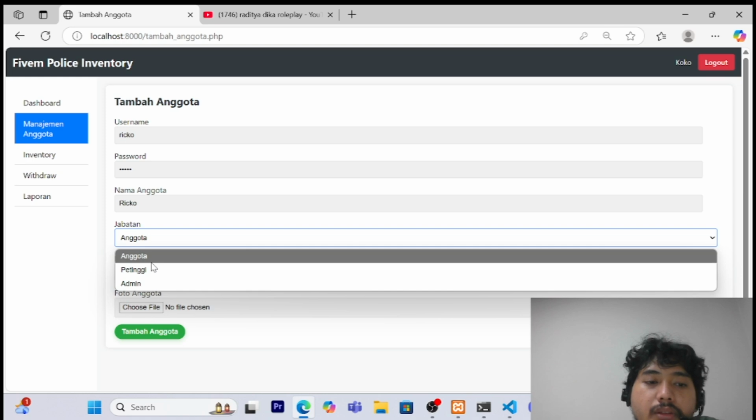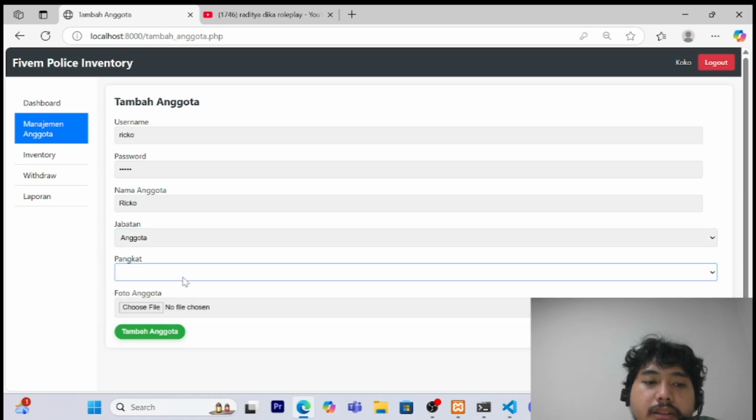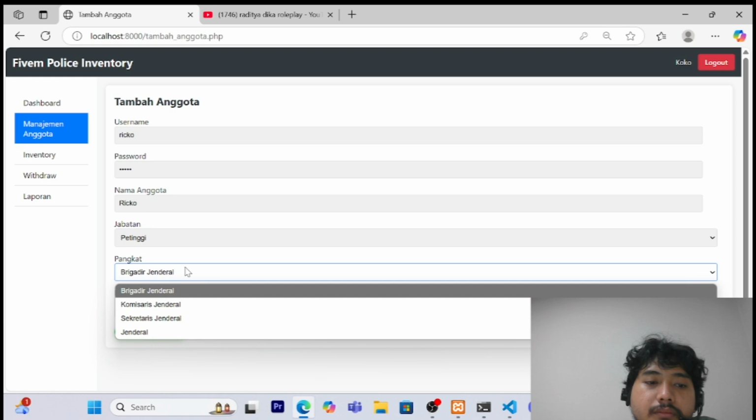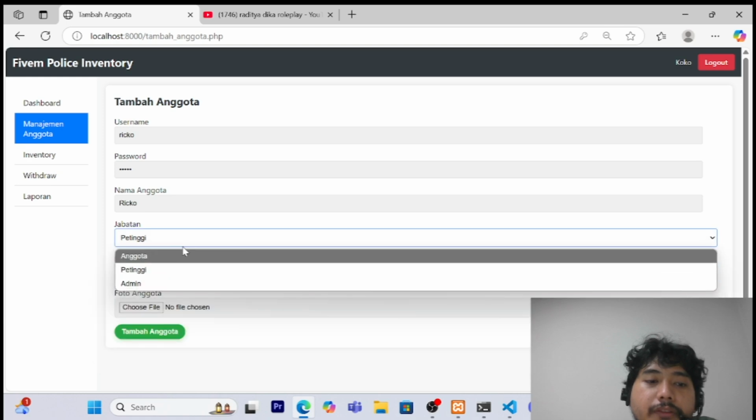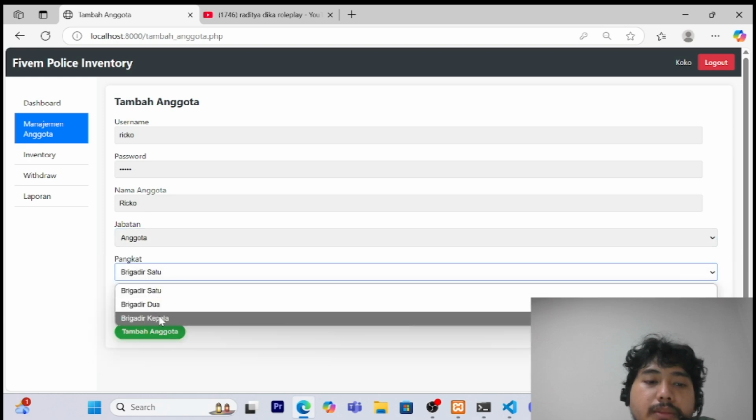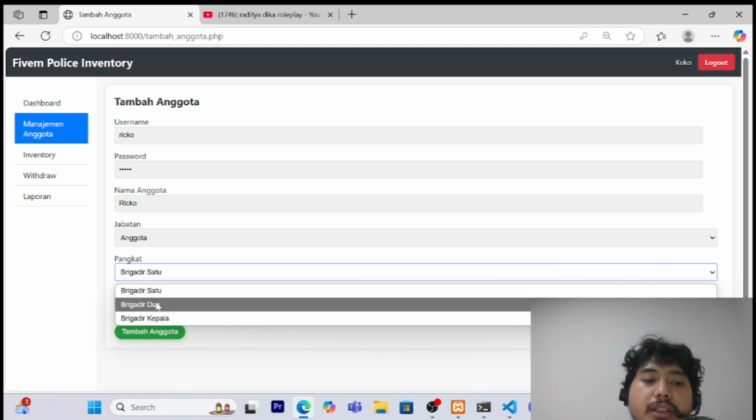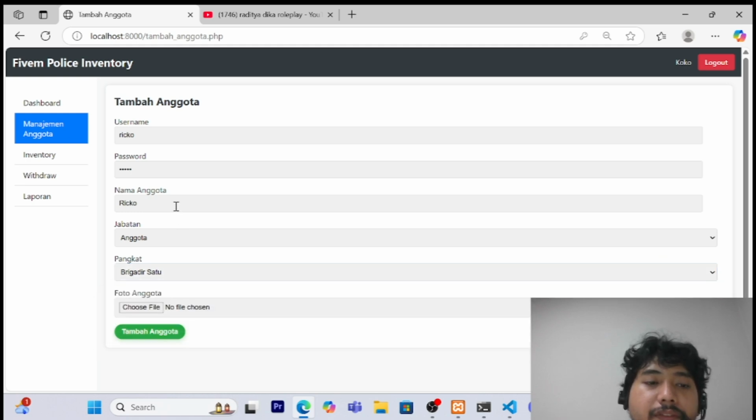We will choose anggota. Okay, so if we choose anggota here, it will display the police. So after filling in the name, we have to fill in the rank.